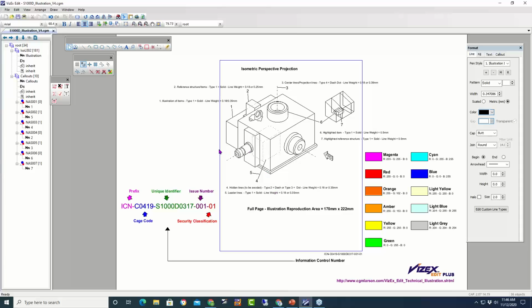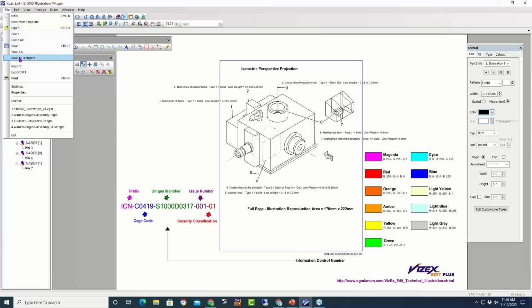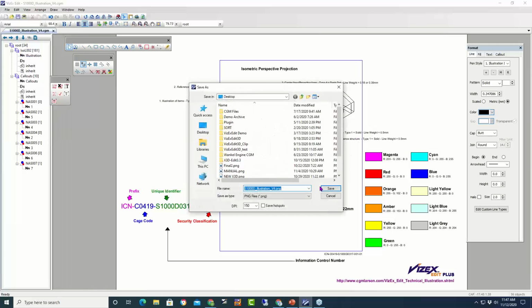So VisX Edit, for those of you using S1000D, we created this template which you can download off our website, which gives you some guidance around the guidelines of creating illustrations in S1000D. But if I just go up here and save as, we can see this is a CGM. We could save it as an SVG file.